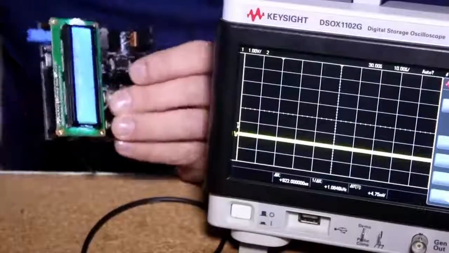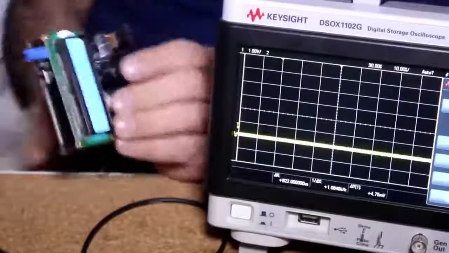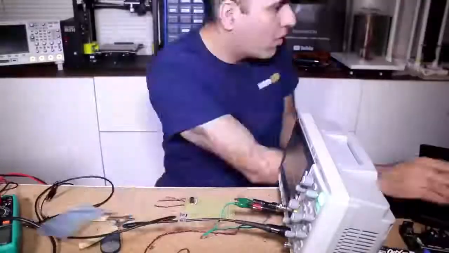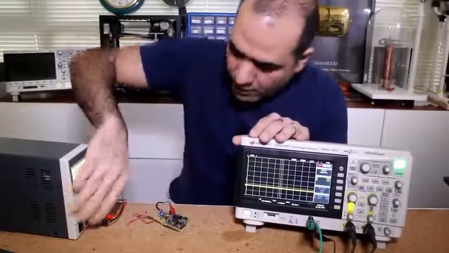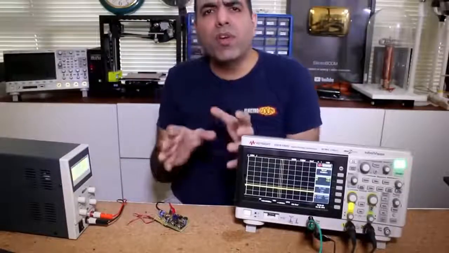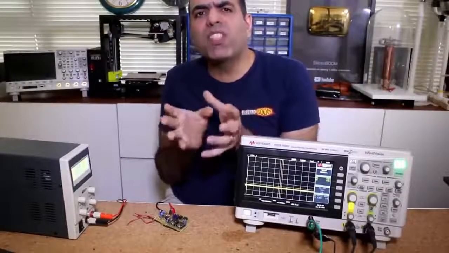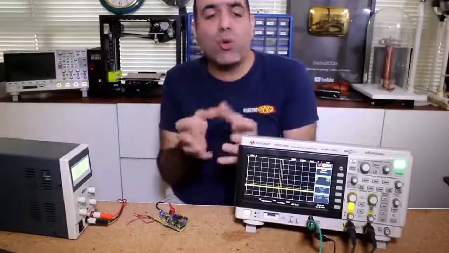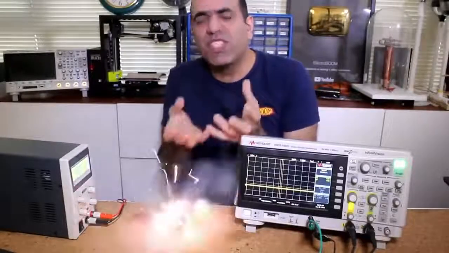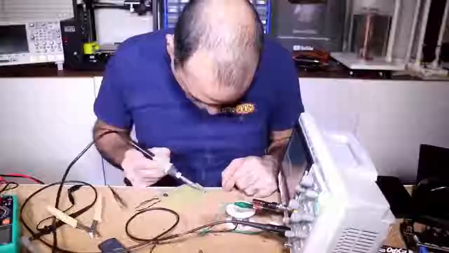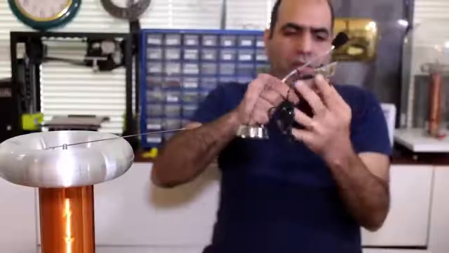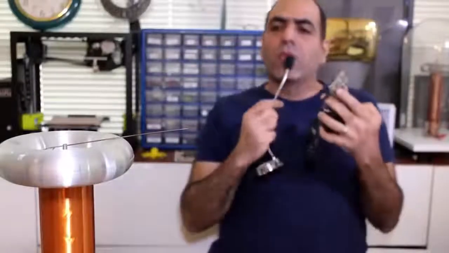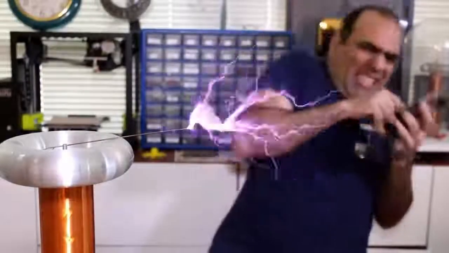Before completely dismantling the circuit, let's see what kind of pulses we should be making. Okay, it's done. But before hooking it up to the circuit, let me probe different stages of the circuit to show you how the signal is processed through different stages. Okay, now the circuit is working. Okay, everything is hooked up and ready to go.